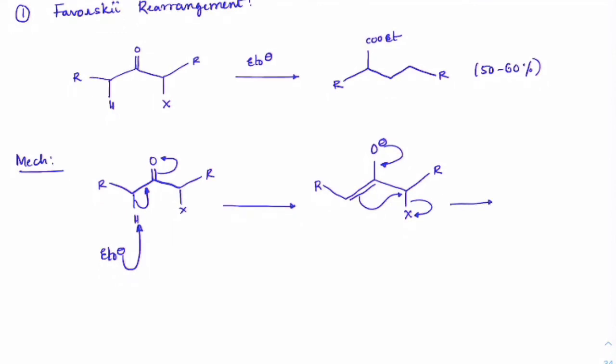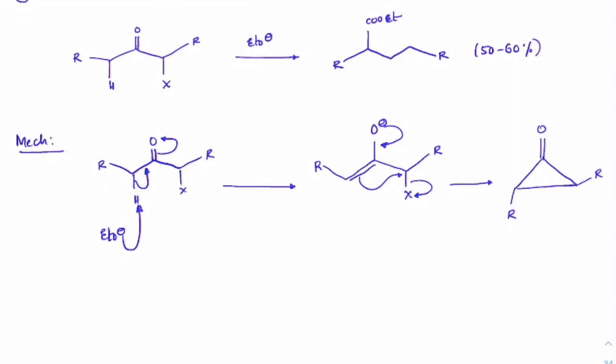That X if you relieve, so we will get, now I am writing this as a cyclic form with double bond O, this goes connected here with, we have R here and another R here. This is what we got. Now once you have this, EtO minus is still there in the solution, which will act like a nucleophile and attack here, because this is a 3-membered ring, so this carbon which is in a double bond form will be highly reactive, right? So this will act like a nucleophile and attack here, relieving this.